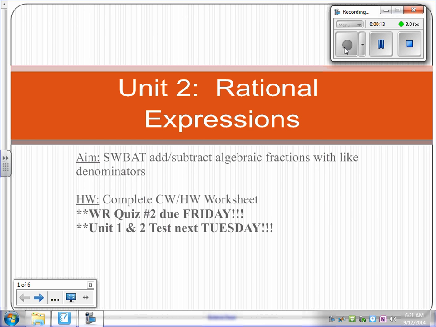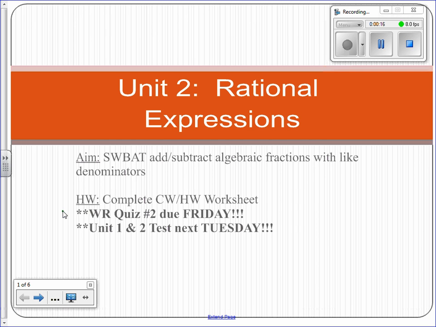Before we get to it, just a couple of reminders. Due Friday is going to be your next take-home weekly review quiz. Hopefully you guys will get that at the end of the period. And in addition, our first test of the year will be next Tuesday on both our factoring unit and our